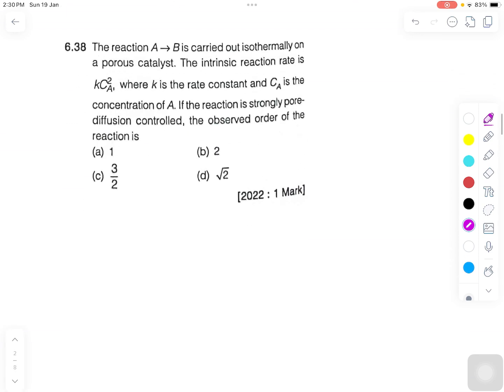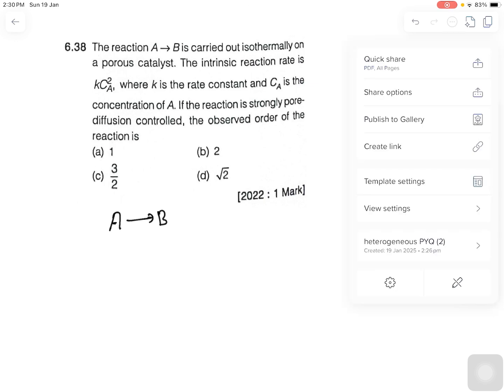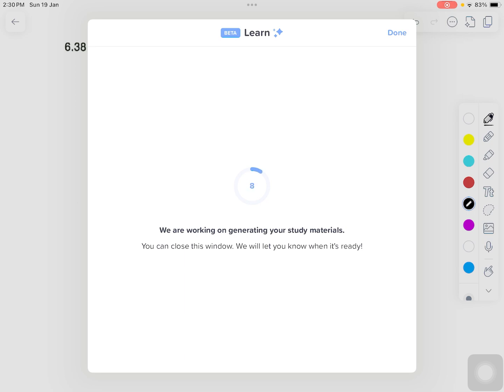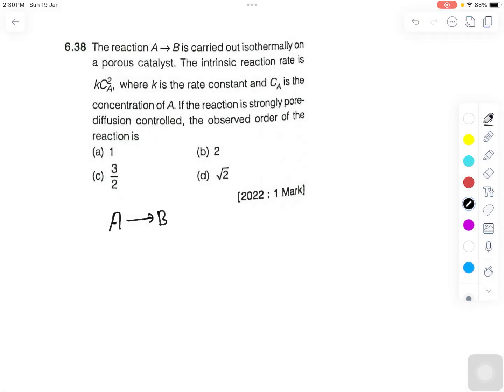The question says that a reaction A getting converted into B is carried out isothermally on a porous catalyst, right? So the porous catalyst is there and the intrinsic reaction rate is given. Minus RA is given as k CA squared, where k is the rate constant and C is the concentration of A. If the reaction is in a strong pore diffusion control region,